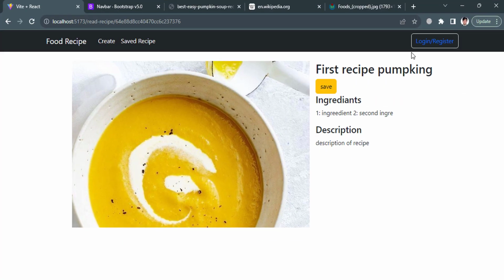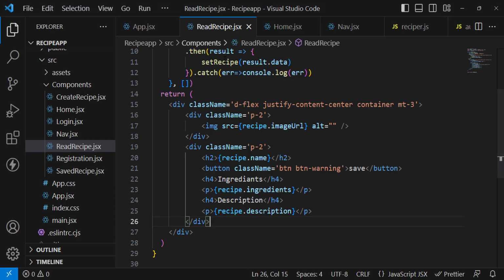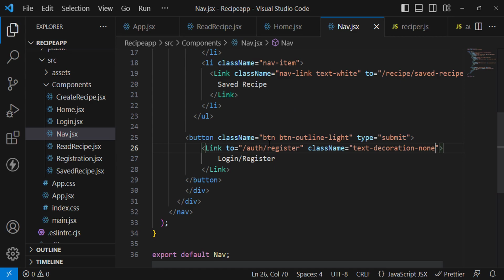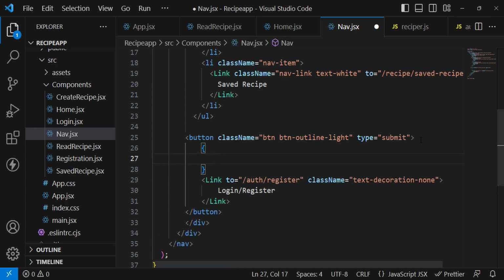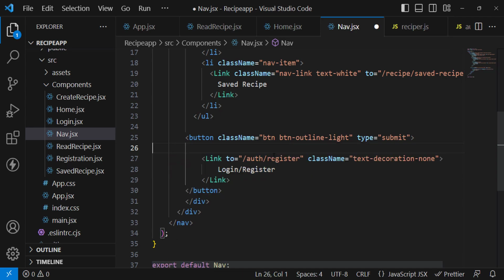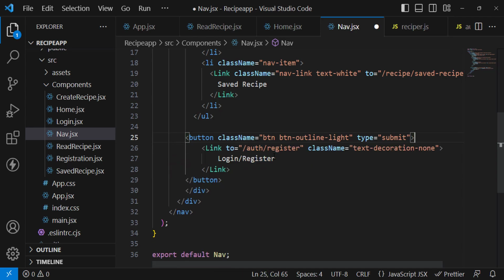So now let's perform this functionality to display logout here. Whenever we are logged in, we should display logout here. For that, come here to the navbar. At the navbar, just come here to the login and register, and here we will display just, or we can display instead of this link. Let's move here, remove this, also remove this type submit from this, and